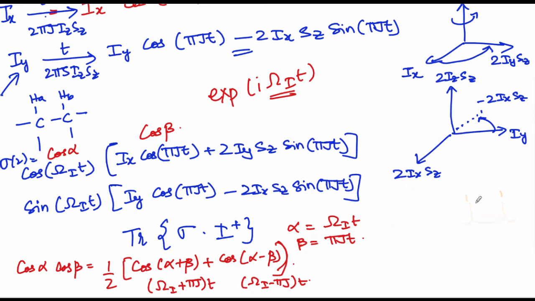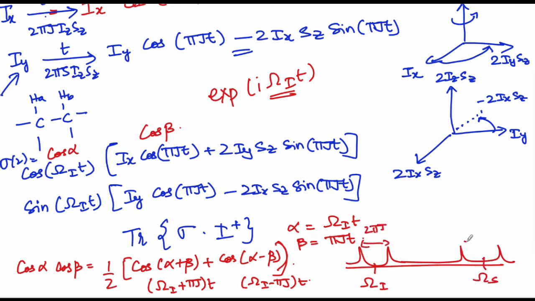This is one of the questions that was raised earlier, but now what we are able to see, using the same density matrix formalism, is that you are able to get omega I as a doublet, and similarly you solve it for omega S, you're going to get a doublet there as well, where the splitting is going to be 2 pi j.